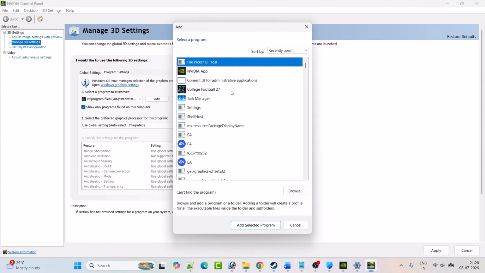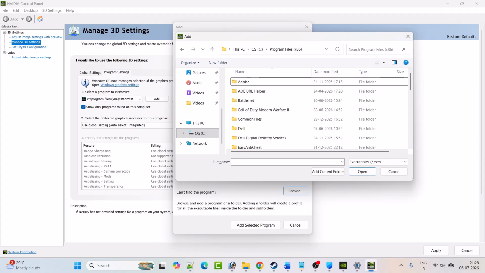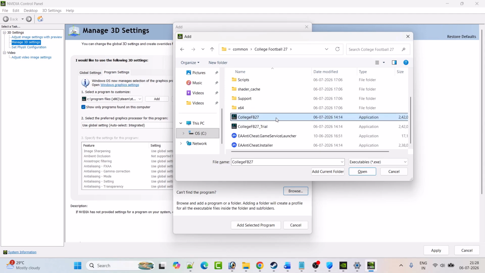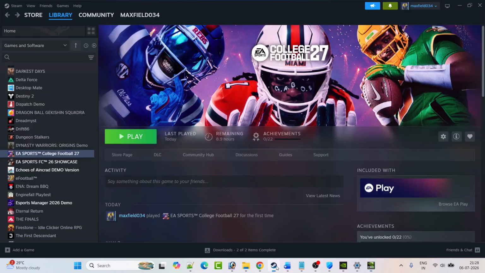Now if you don't see College Football 27 over here, then click on Browse. And then browse to the game installation folder. So open C drive, open Program Files x86 folder, steamapps folder, common folder, College Football 27 game folder. Select this exe file, the CollegeFB27 exe file, and then click on open. After adding it, from the drop down here, select high performance NVIDIA processor and then hit the apply button. Don't forget to hit the apply button to make the changes, and then you can go ahead, launch the game